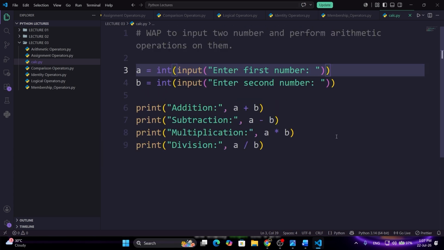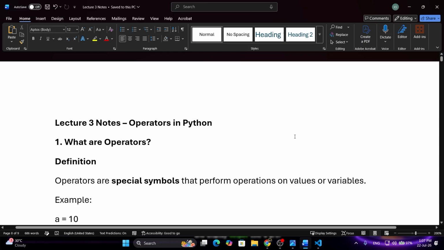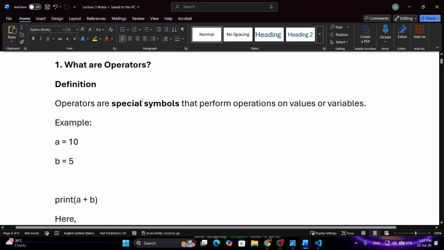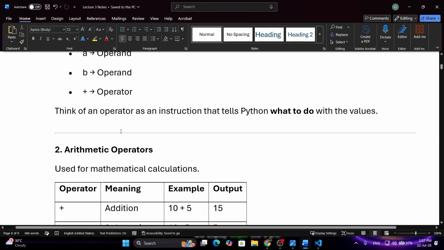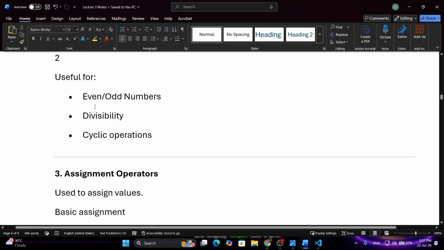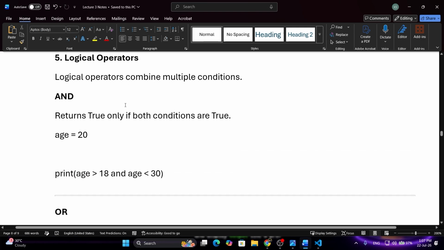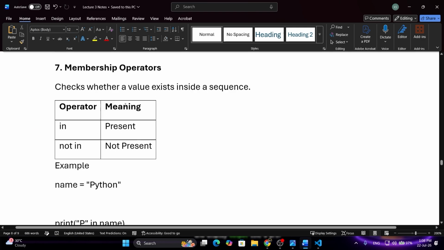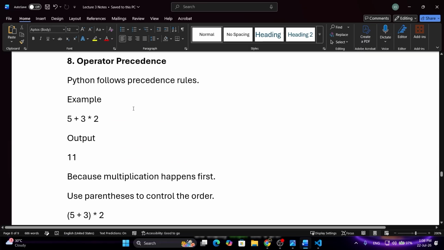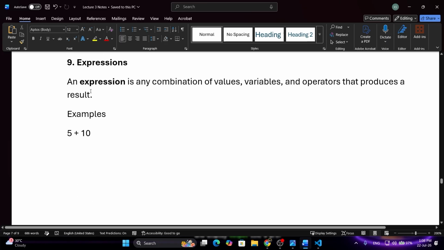So this is the whole thing about the operators. So what we have covered today, we have covered a lot of things in this lecture. We have covered everything around the operators. We have seen what are operands, what are operators. We have seen arithmetic operators, assignment operators. Then we have seen comparison operators, then logical operators, then identity operators, membership operators. Then in the ending, we have seen operator precedence, how the execution of the operators takes place. We have seen the difference between expression,